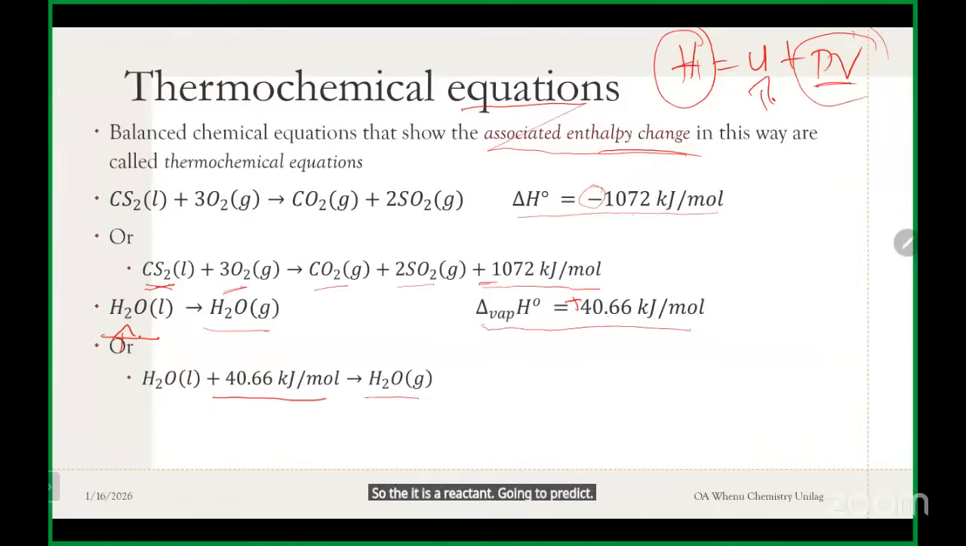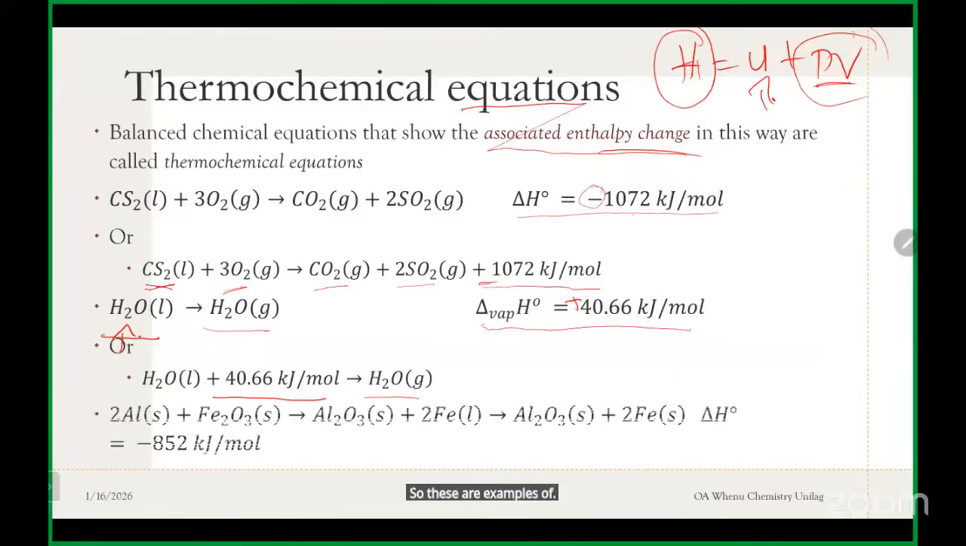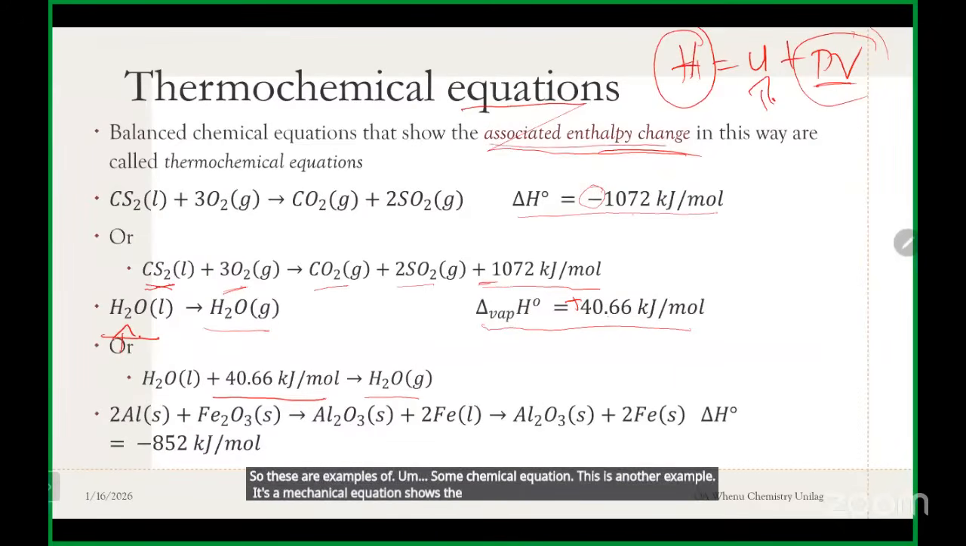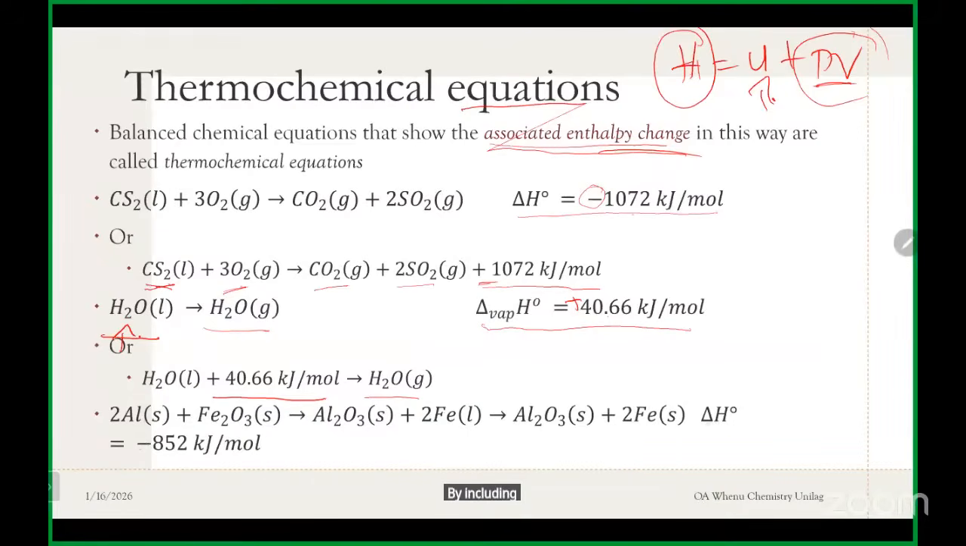So these are examples of a thermochemical equation. This is another example. A thermochemical equation shows the associated heat change. So if I want to write this by including the heat, I'm going to write 2Al solid. Please, when you're going to the nitty gritty,